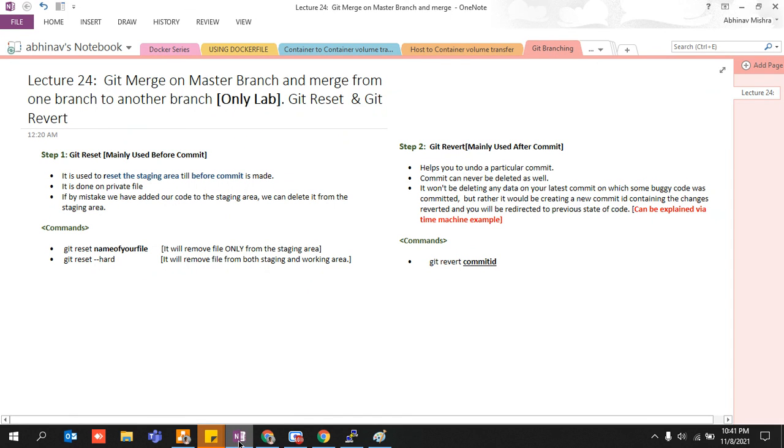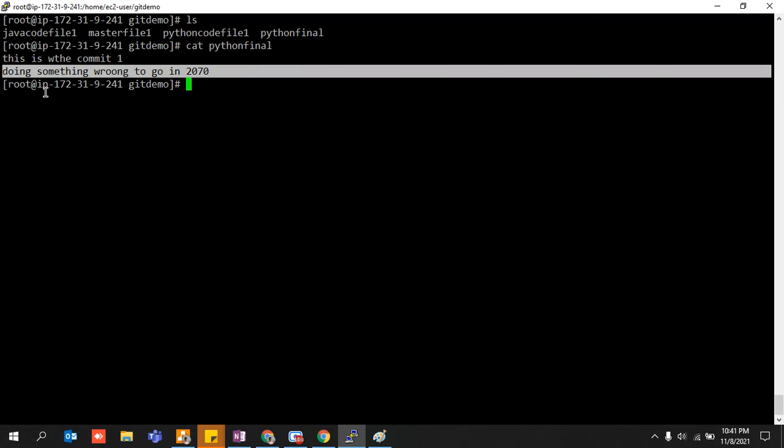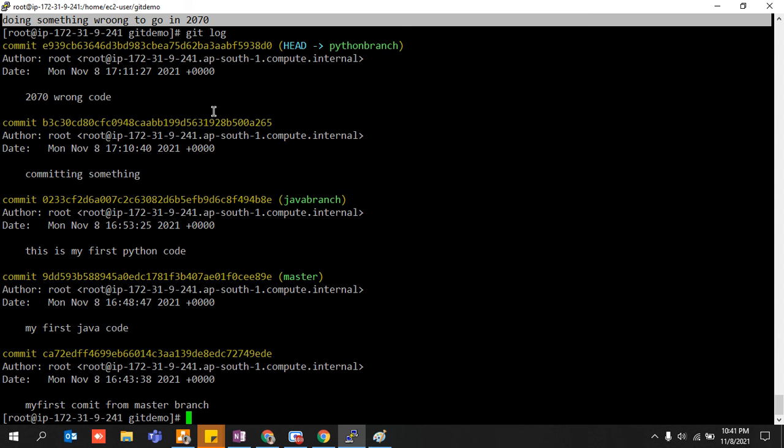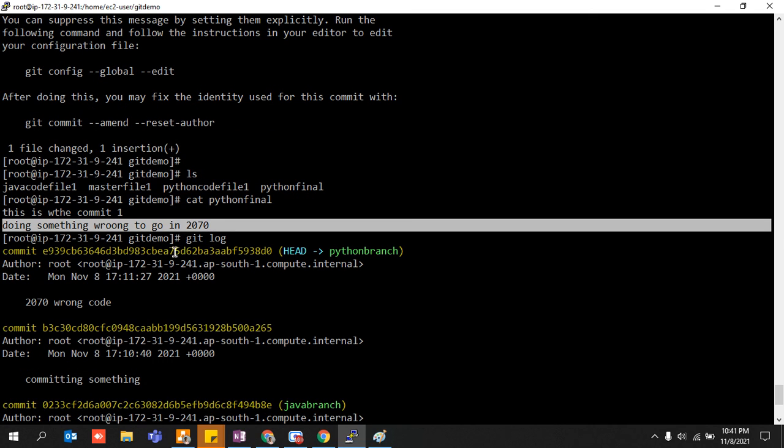Okay, so the command says git revert commit id. With the help of this wrong code, if this particular wrong code goes into production, a hell lot of things are going to happen. You may even leave your job as well. So I just checked the git log, and since it is asking for my commit id, this was my wrong code, right? And I want to get back to this particular part, that is 2021.